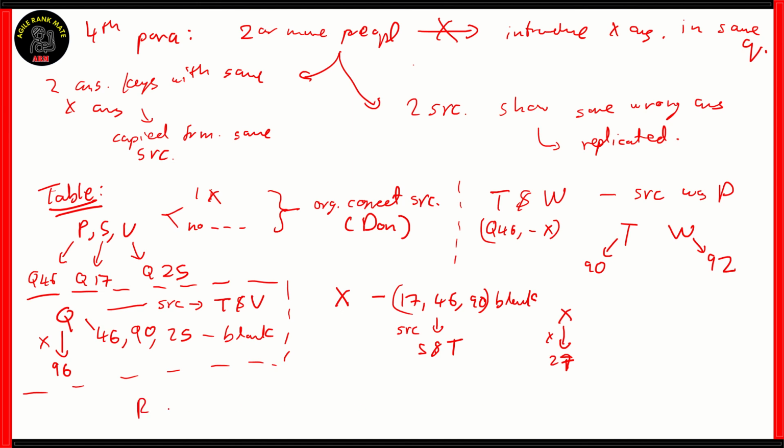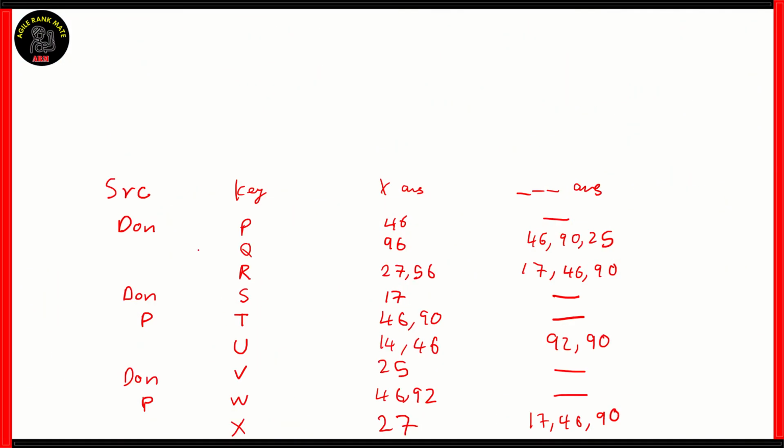Similarly, if you look at R, R's source was X because of the same wrong and blank answers. So the contribution of R is it made question number 56 incorrect. Now, if you look at Q, the sources of Q were T and V. The source of R is X, and the sources of X were S and T, which means there's only one